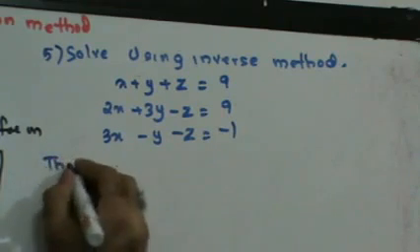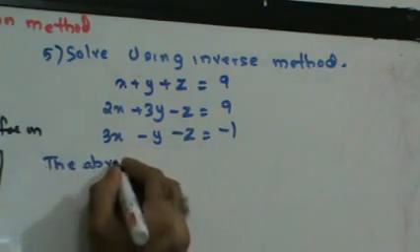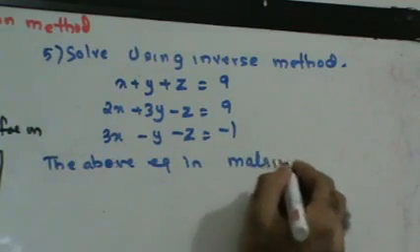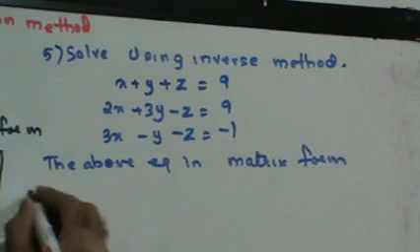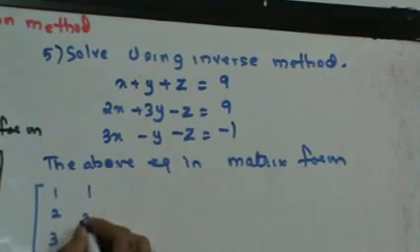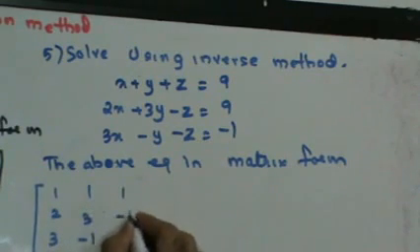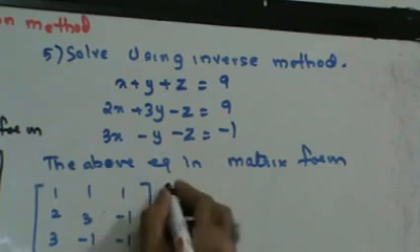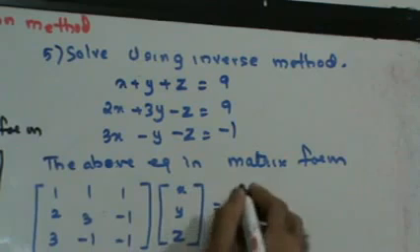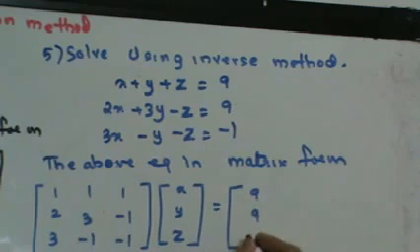So I can say that the above equation in matrix form is [1, 1, 1; 2, 3, -1; 3, -1, -1] times [x, y, z] is equal to [9, 9, -1]. Right? Now once you have this, let us assume, when they say inverse form,